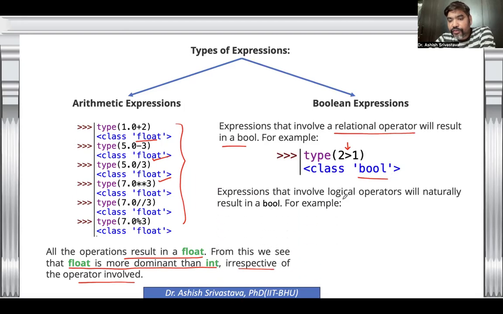An expression that involves a logical operator will naturally result in a bool. If there is an expression which involves a logical operator like and, or, not, then finally that will result in a bool value. So true and false will be false. What is the type of false? It is nothing but a